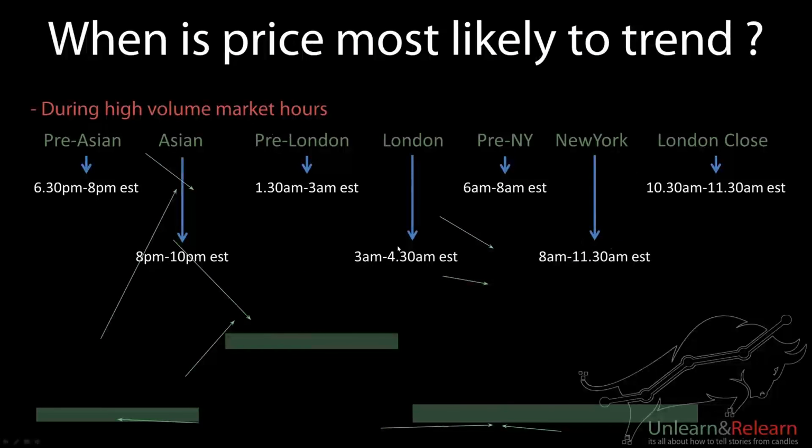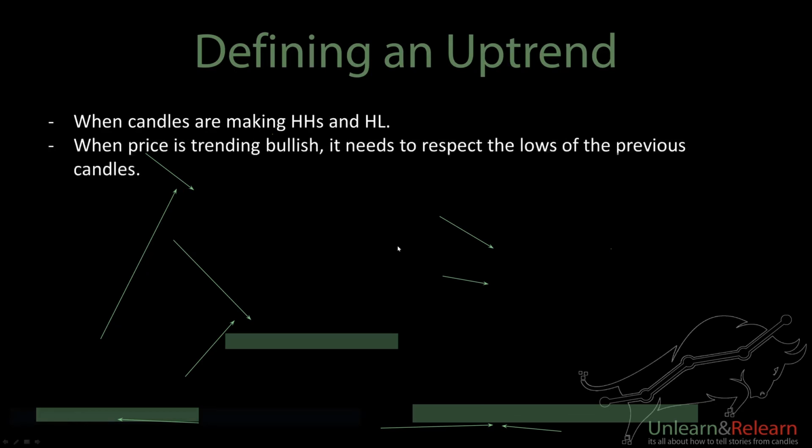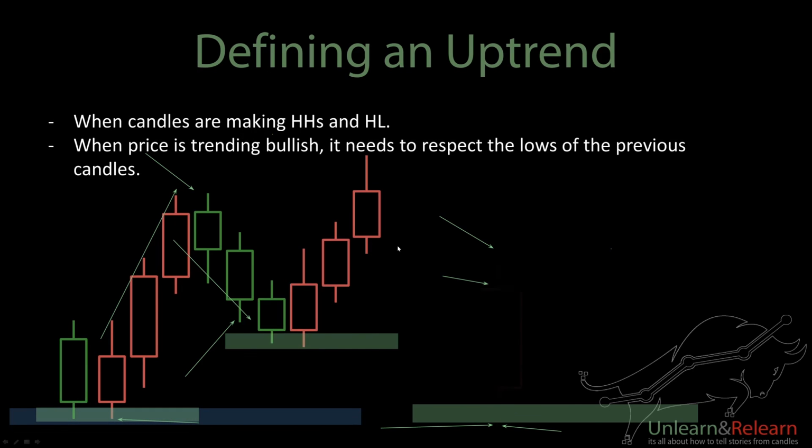Okay, let's go to the next one right here. Perfect. So this is the basic definition of an uptrend. This is how you add positions to uptrends. You're waiting for minor supports to be formed. Now, mind you, these supports will not be perfect all the time. Sometimes you may get price wicking here and there, but for the most part, you will get these supports.